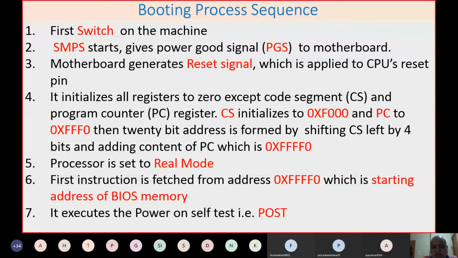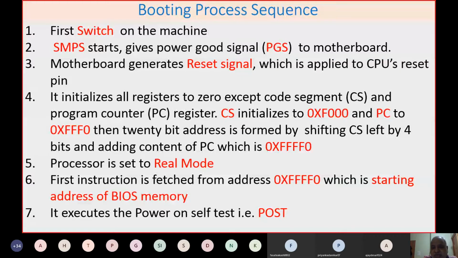Then immediately the instruction's 20-bit address is formed. If you know microcontrollers or the 8086, it actually uses offset addresses. So the code segment address is left shifted by 4 bits. So 0xF000 will be shifted by 4 positions to the left, and then after shifting, the content of the program counter is added.